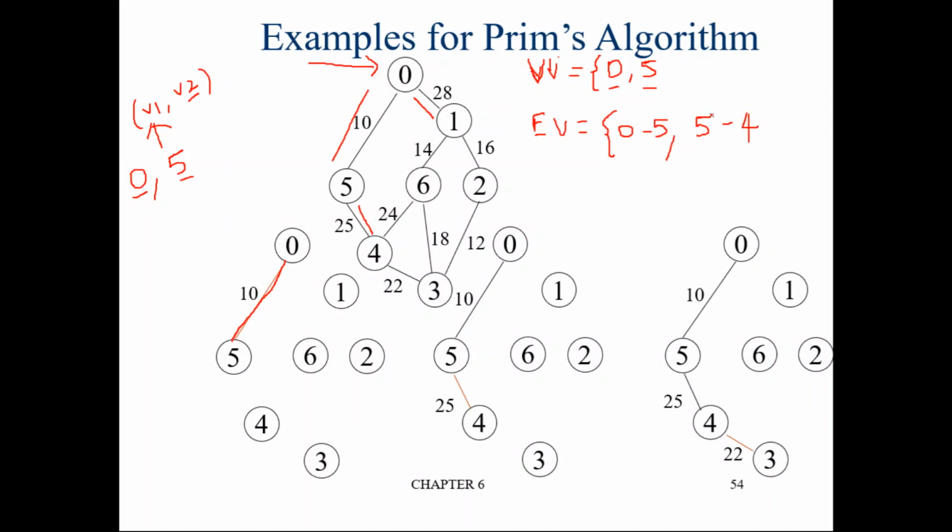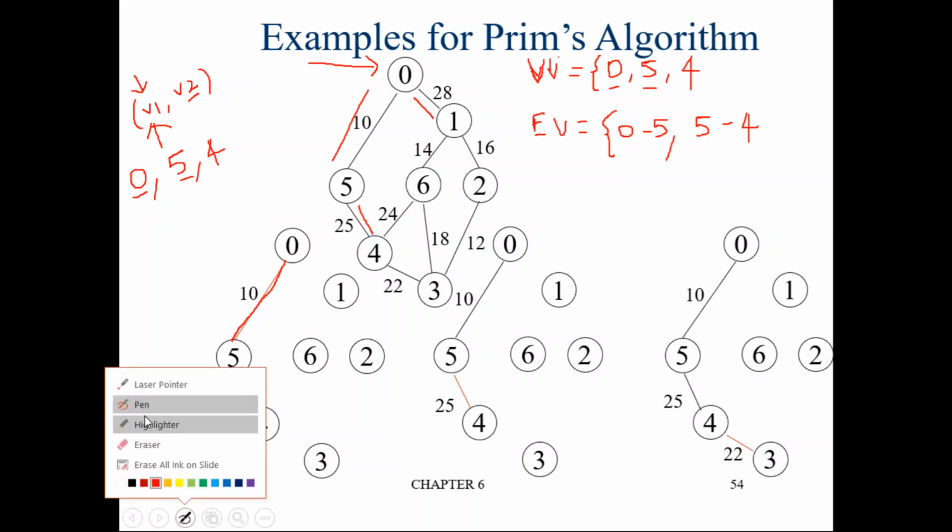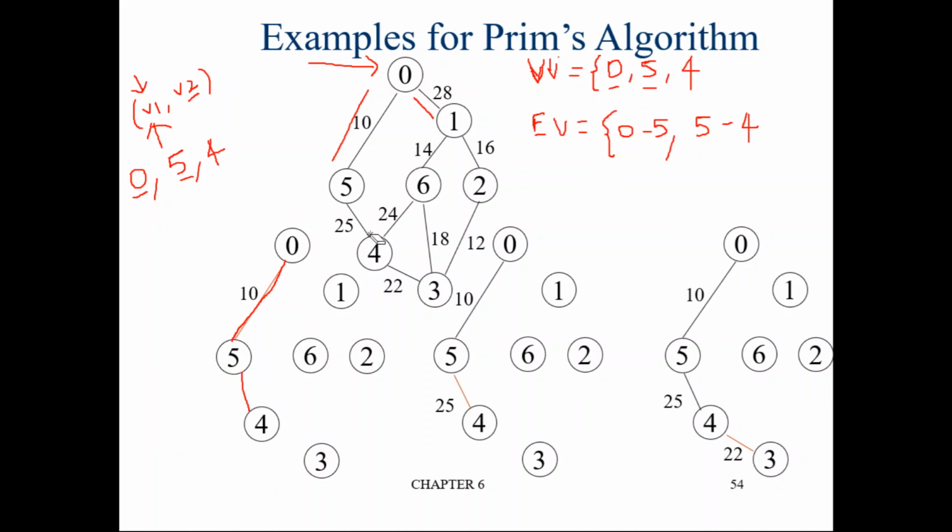Now we have visited one more vertex, that is 4. This is the end of the second iteration. Now from these 3 vertices we have to identify an edge such that the starting vertex is visited and the ending vertex is not visited. So now we have 3 vertices to check: 0, 5 and 4. From 0 we have one option, 0 to 1. From 5 we have no option because 5 to 4 is also now added to the spanning tree.